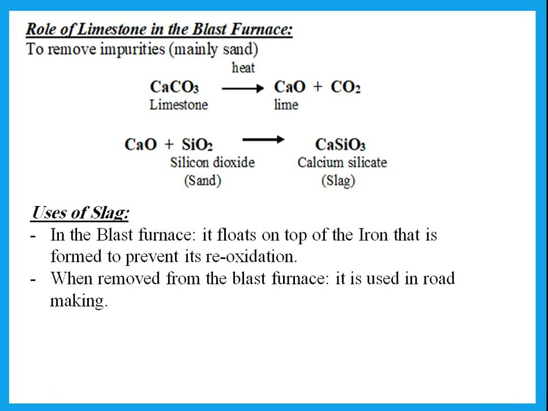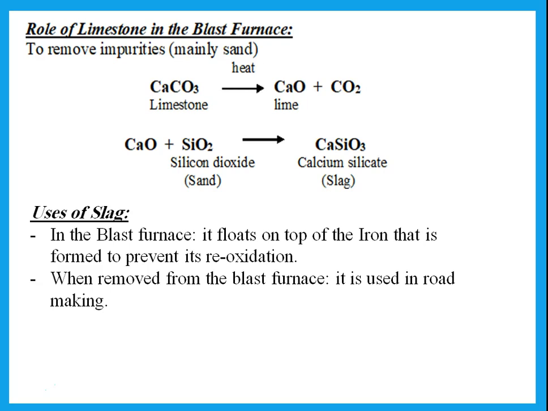Now, when it floats on top of the iron, that prevents the iron from reacting again with the oxygen in the air at the top of the blast furnace and becoming reoxidized. I don't want my iron that I formed to return back to iron oxide. So the function of the slag in the blast furnace is that it floats on top of the iron to prevent its reoxidation. But then after I have finished all of this, I can remove the slag and it is